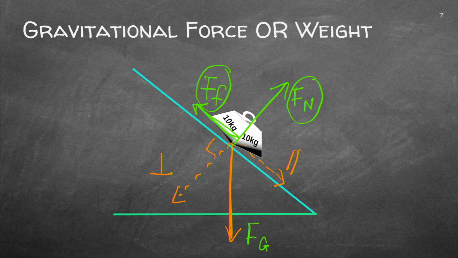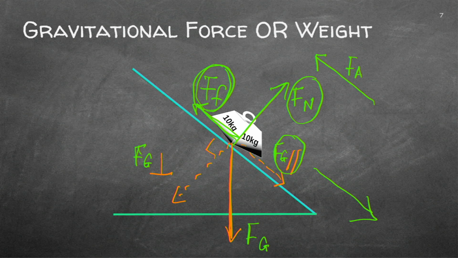Gravitation consisted of a parallel force as well as a perpendicular force. And then you'll just have to see what they ask you. If they ask you, this is going down, you know this one will be larger than that one. If it says it's going up, well, that's different. Then that will be your applied force and this will be your frictional force.